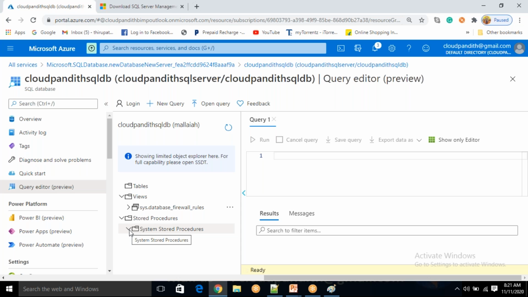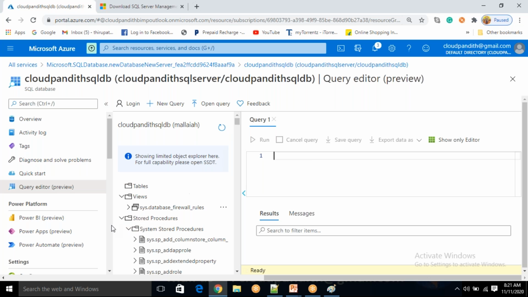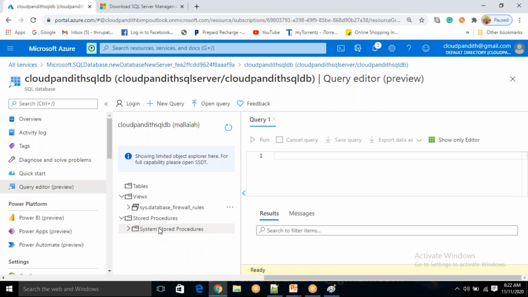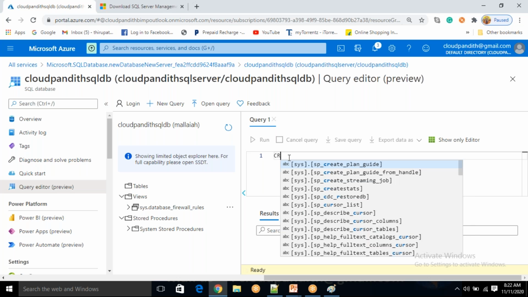By default, when you create a database, you will have some system stored procedures. By using these, you can make some kind of modifications to your objects. Okay, fine. So you have some views, some stored procedures, but I don't have any table. I want to create a table. How to create a table? Create